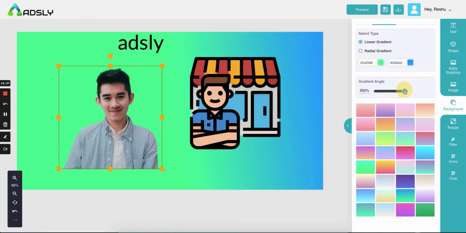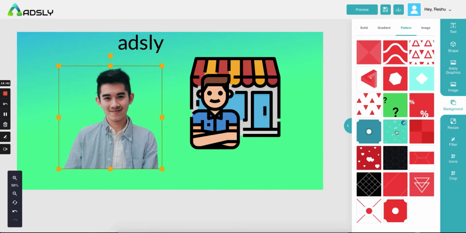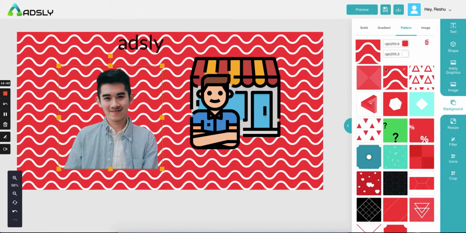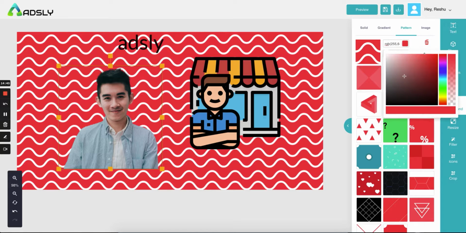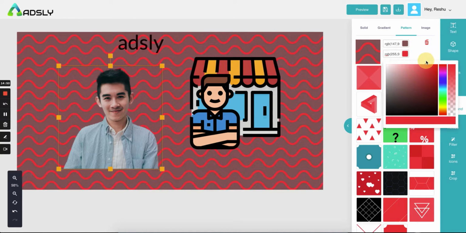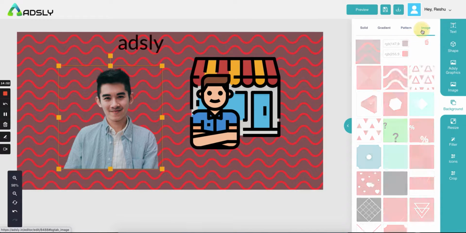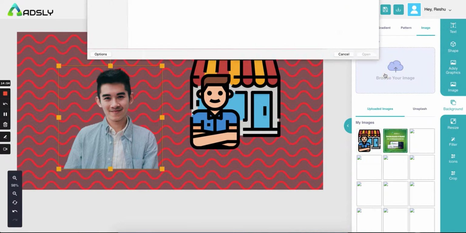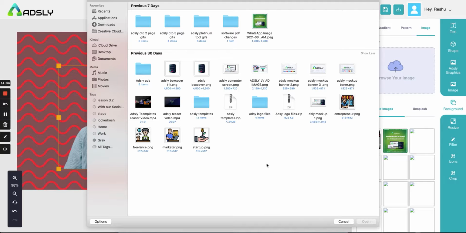And you can change the angle of the gradient colors from here. Then pattern. We have all these beautiful patterns which are fully editable and you can change the color according to your requirement. Okay. And image. Again, if you want to add your own image as a background, then definitely this option.